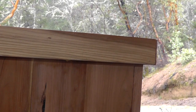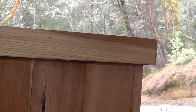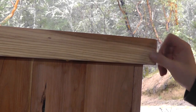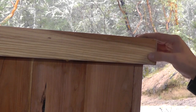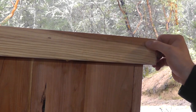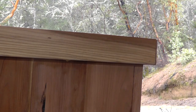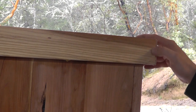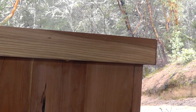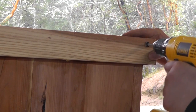And I went and got my plugs. Now I got the round head plugs accidentally instead of the flush head. But that's okay. Usually I just make them flush and I sand it down, and then all you see is just a different color here where the plug is. But these are going to protrude a little bit, which I'm okay with. Maybe it'll look better. But anyways, one box that I did has the flush ones on it, and this one has these, but you won't notice it. I know I'm getting tweaky. So anyways, I go ahead and I eyeball it